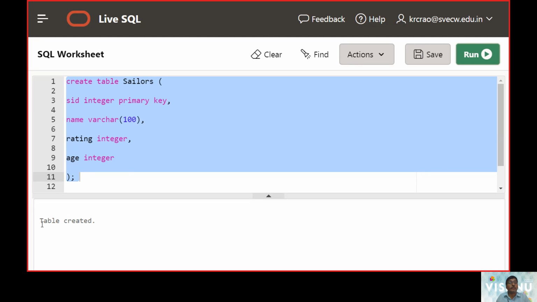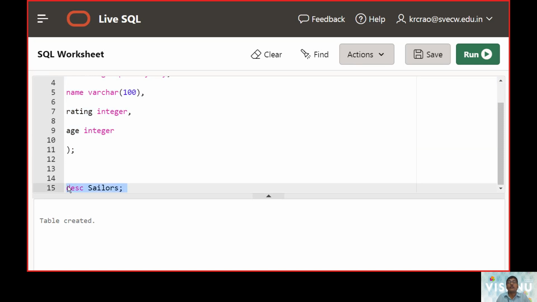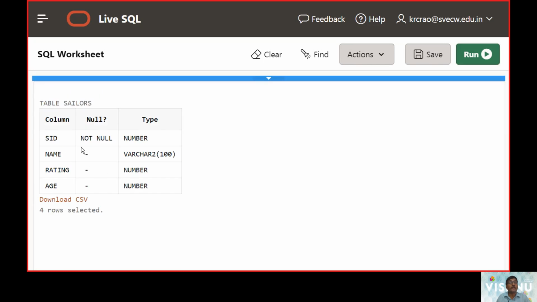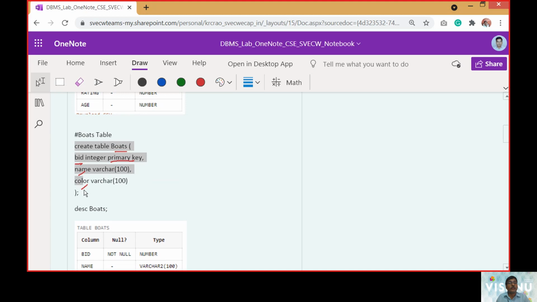Now you can see the prompt that the table was created. Now let us see how the table is originated in this model. We can see sailor ID is not null, and some data has to be inserted into that.